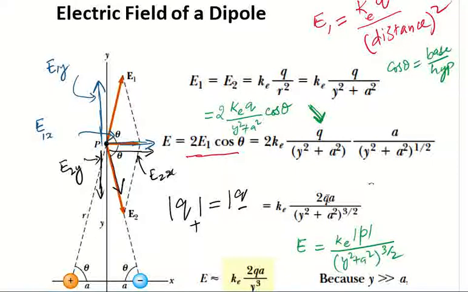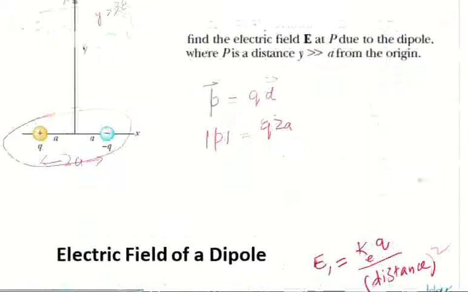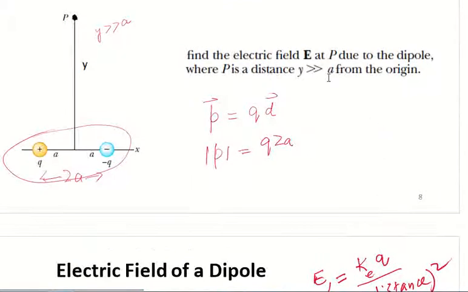So we have determined the electric field due to a dipole, and now if you see in this slide, we have to find